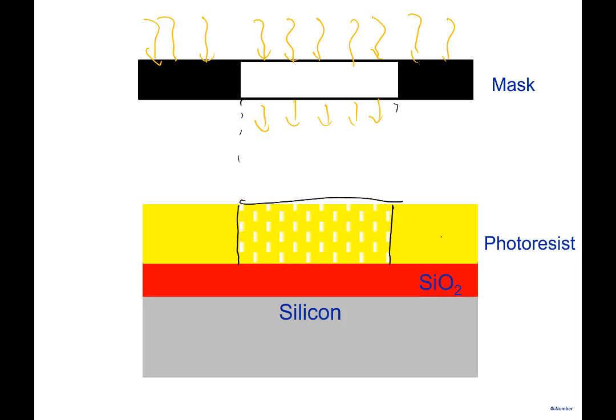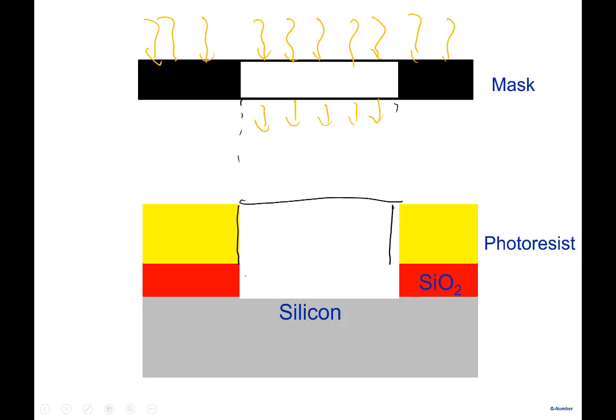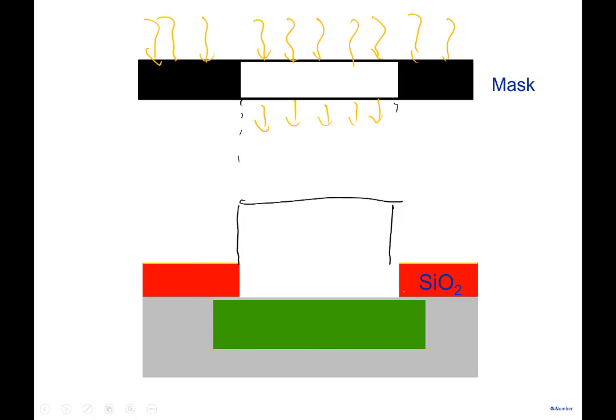Now what you do is, you put it in a solvent, and the exposed portion is removed. Then you remove the other portion. You can put it in hydrofluoric acid, HF. HF will etch away silicon dioxide. So you etch away the silicon dioxide here, and after that, you can remove this particular part here also. All right, so you're left with